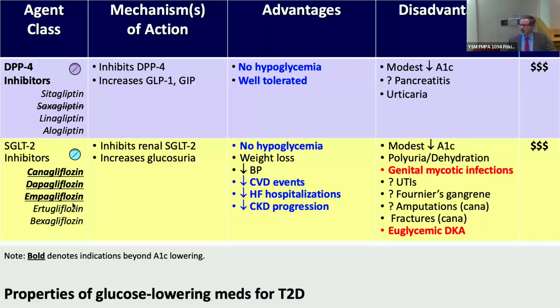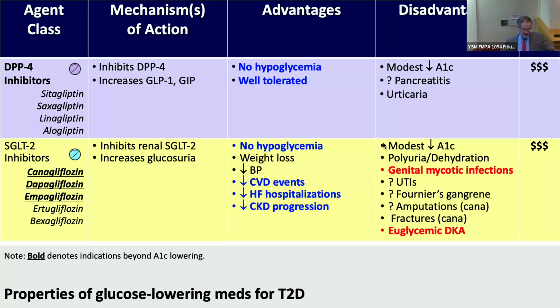And the SGLT2 inhibitors, we'll spend some time talking about this class. These are the flozins. These are the ones that reduce the renal threshold for glucose excretion, increasing glucosuria, and in addition to no hypoglycemia, significant benefits. And this is where the guidelines have changed remarkably just in the past 5 or 6 years, encouraging the use of these medications in those who might benefit: CVD patients, certainly heart failure, and definitely CKD patients as well. So we'll talk about those